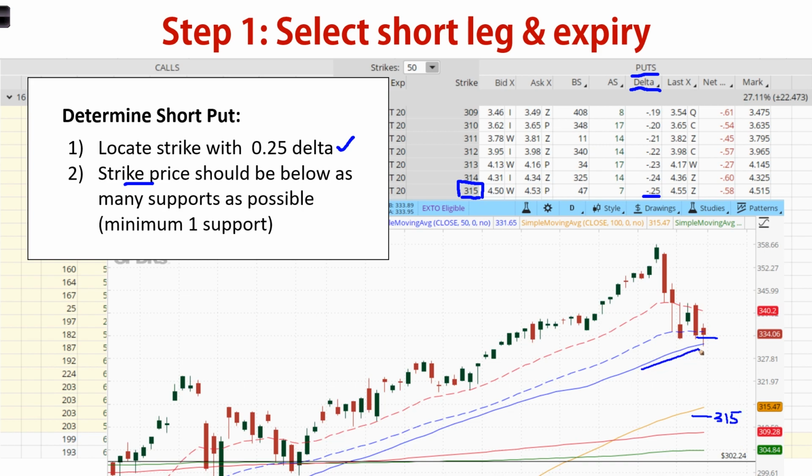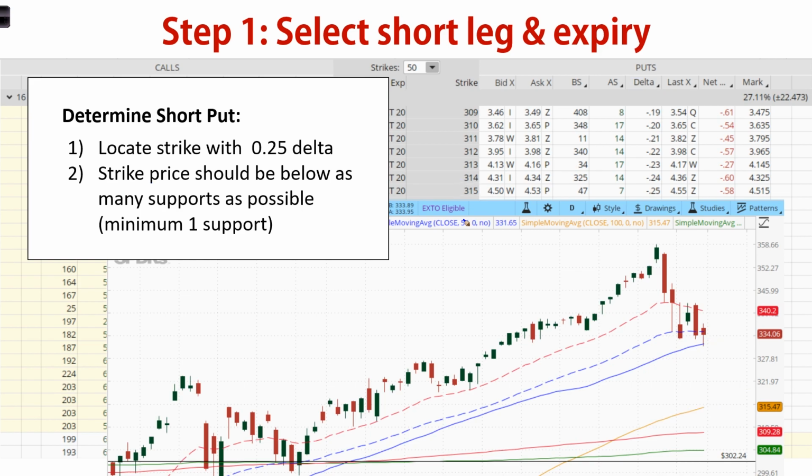First, we have the 50 SMA, the blue line, acting as the first line of defense or the first support. And next, we have the 100 SMA, which is the yellow line, acting as our second line of defense or the second support. And by the time we reach the expiration of the trade, this 100 SMA would likely have continued moving up higher, giving more room between the 100 SMA and our short strike itself. So therefore, criteria number 2 is also satisfied, and the 315 strike put option would be a suitable candidate for